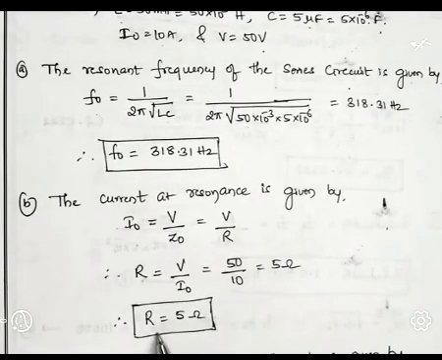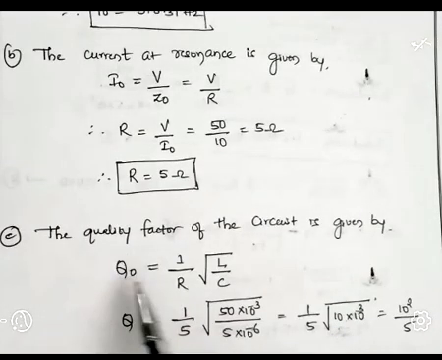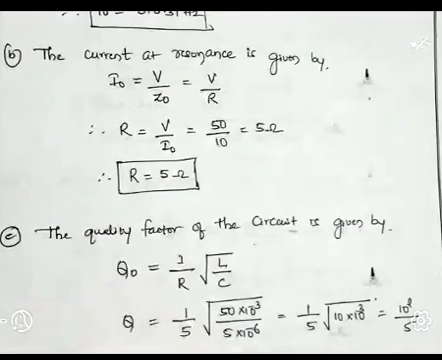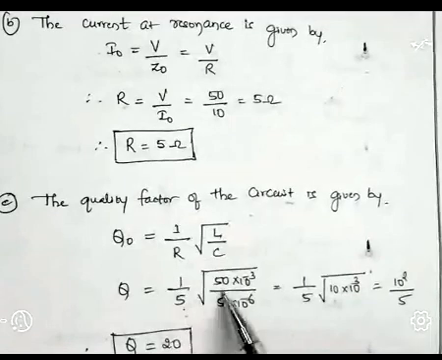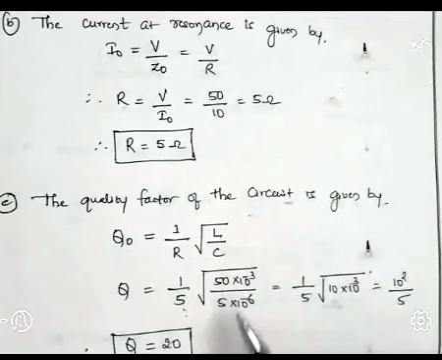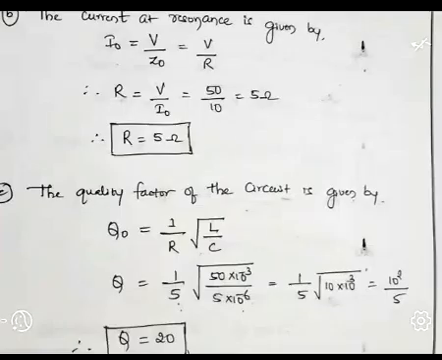Next, the last one, the calculation of the quality factor of the circuit. Q naught equals 1 divided by R square root of L by C. This is the formula for the quality factor of a series resonance circuit. Substituting 1 by 5 times the square root of 50 times 10 raised to minus 3 divided by 5 times 10 raised to minus 6, and simplifying, we get quality factor equal to 20. Similarly, we'll discuss these kinds of examples in the